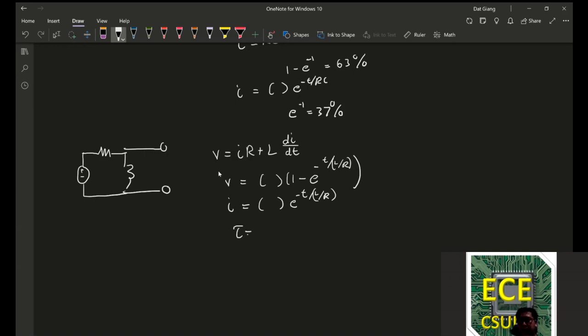So that means that the time constant in this case is actually L divided by R, not R divided by L, not LR, but L divided by R. So that's basically the concept behind the time constant. Okay,